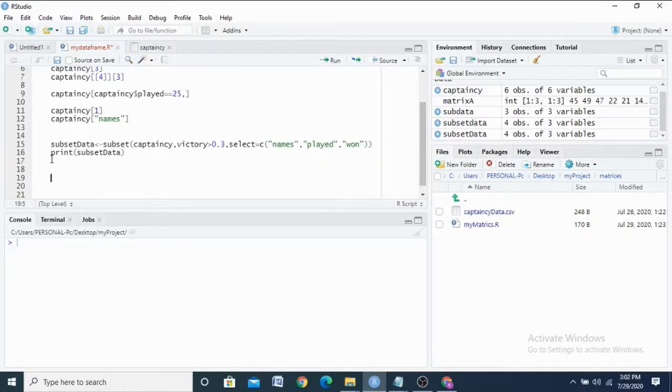In the next line, you are going to print this data. So subset data is going to be printed.